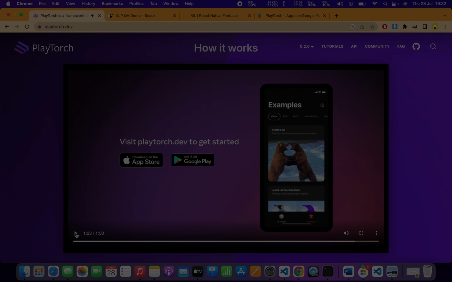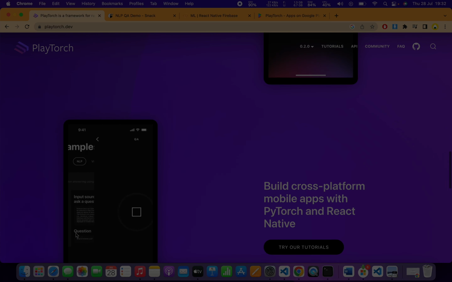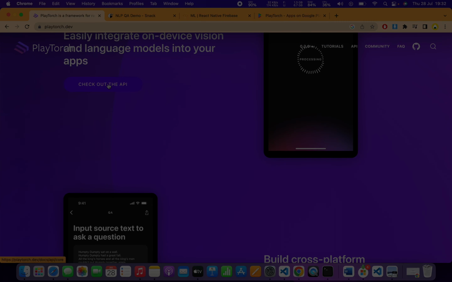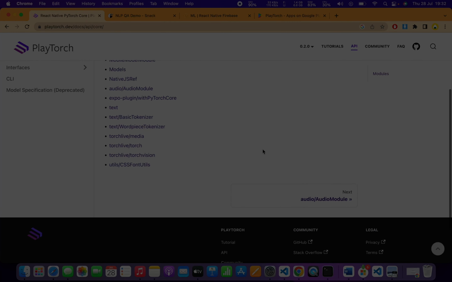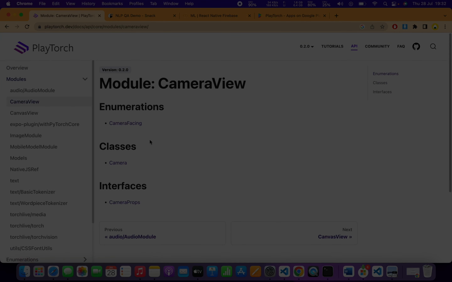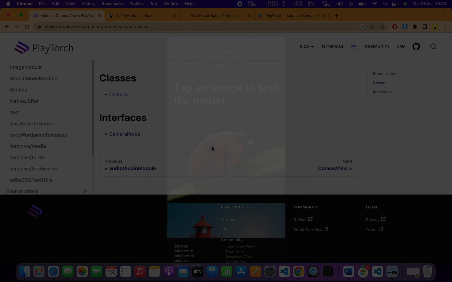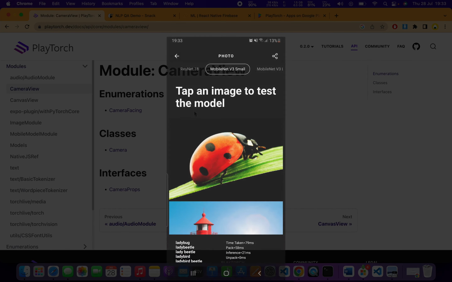Yeah, so that's really cool what they have here. It's very easy, like the examples they give you, all the APIs which they have, and they talked about the camera here. So you can actually utilize their own camera, which is something which is really difficult to implement. So I've downloaded their